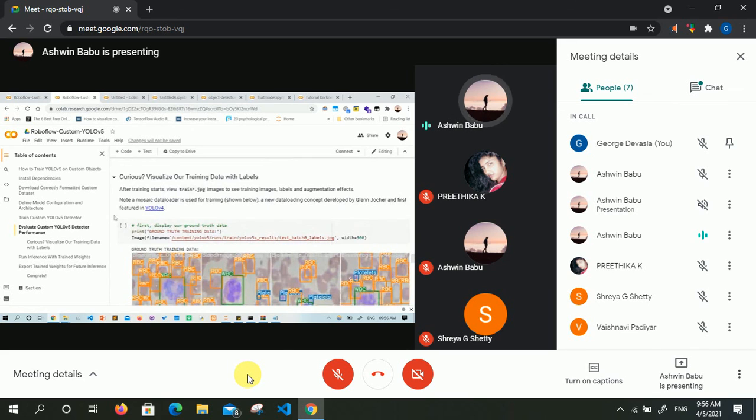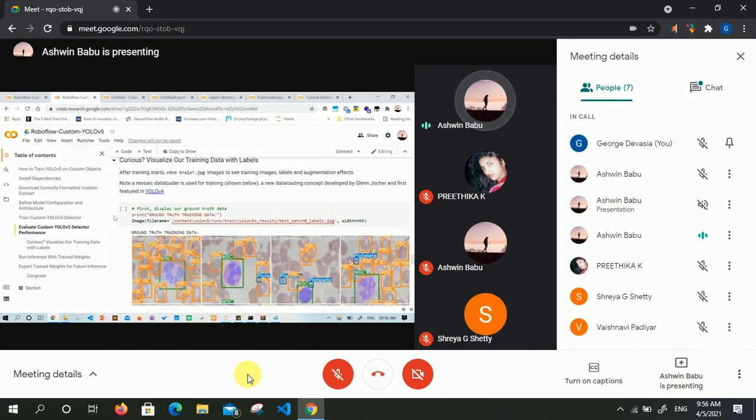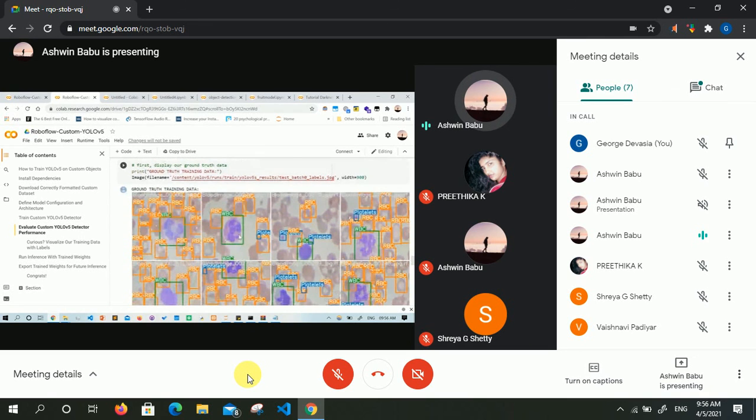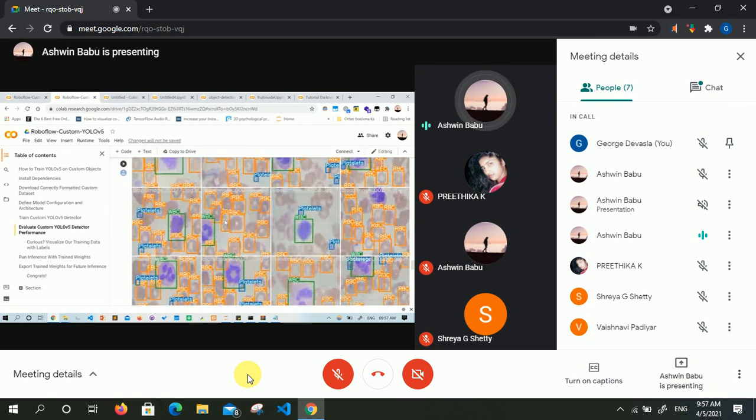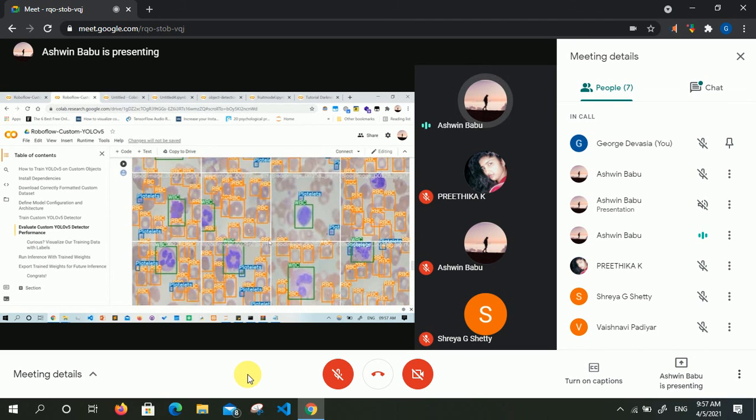If you need to check the output, this is how our neural network has converged. In this notebook, I have used a different data set, not the fruit data set. I tried to load it, but I'm not getting it. I have a lot of notebooks, but when I give it to you, I will give you the data set for the fruit detection itself. Currently, I am not able to find it. I will need a little time to get it. I will provide the link by afternoon, and it will be about the fruit detection itself.